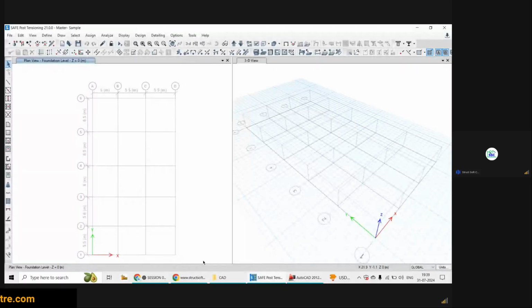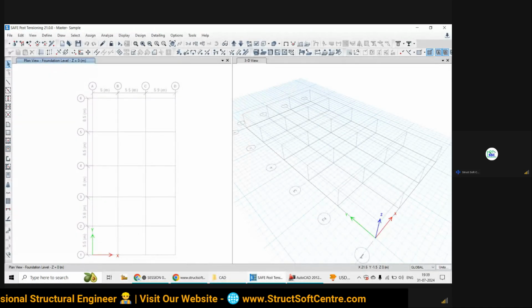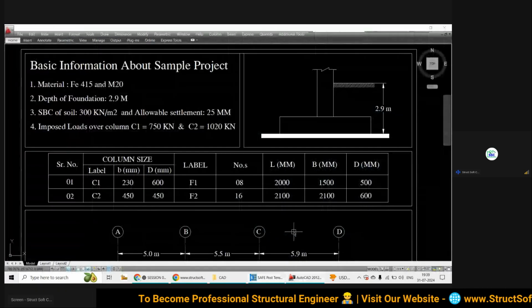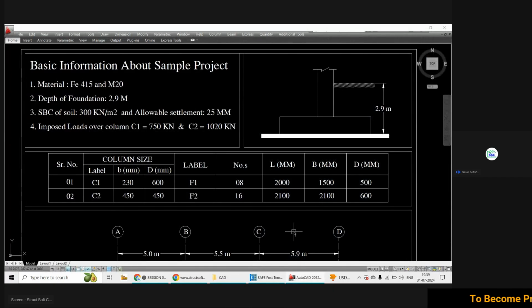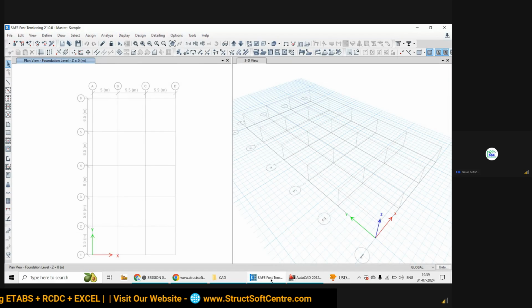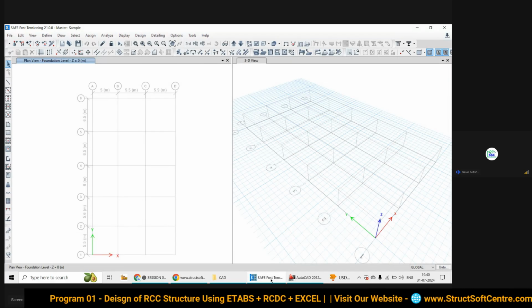So basically in the last session we started this sample project. Through this sample project we decided to understand the software in respect of its settings, its model definition, and actually doing the modeling in this CSI SAFE software: all the editing commands, basic approach, master approach, modeling option, analysis option, design option, scheduling, and detailing option.